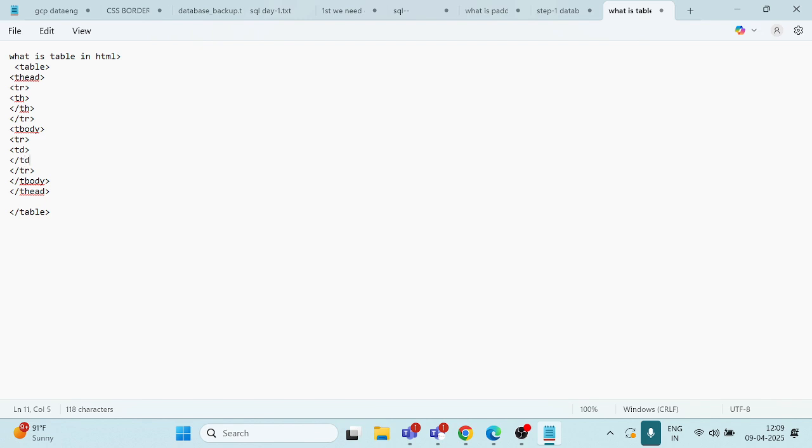Okay, so how to create it using Visual Studio, I'll tell you. Guys, please download Visual Studio Code as well. And here in HTML, a table is used to display data